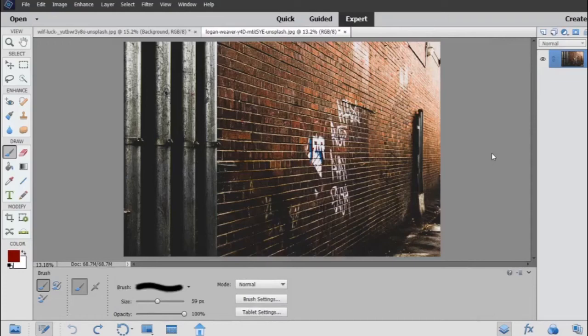Now I'm in Adobe Photoshop Elements 2020 and I want to see if I can make graffiti and make it look like it really is alongside this graffiti on the wall here. So this is continuing our last two videos, the one that showed you how to warp text and the video that showed you that you can in fact make text look like it's sitting on a surface using the warp